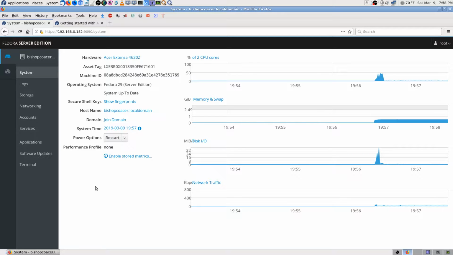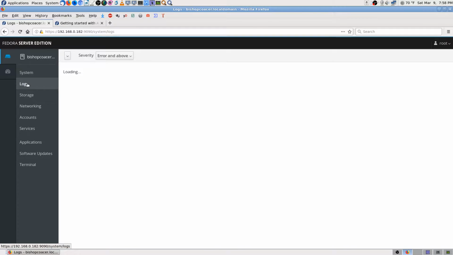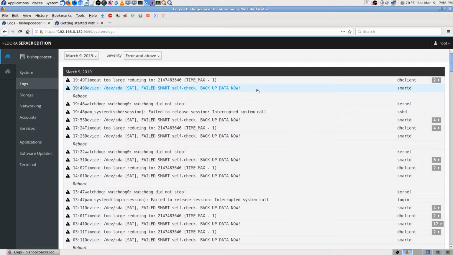Things that I've been needing to do, I could just log in as root and do it without having to type passwords or anything, especially if it's a hard password. So it's still up to date. By the night, there might be a couple of updates. It's set to check at 3. And the logs, okay, there's only 2 now, just the 2 standard ones: back up your data now,